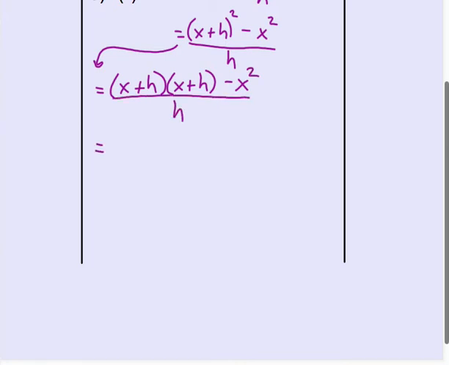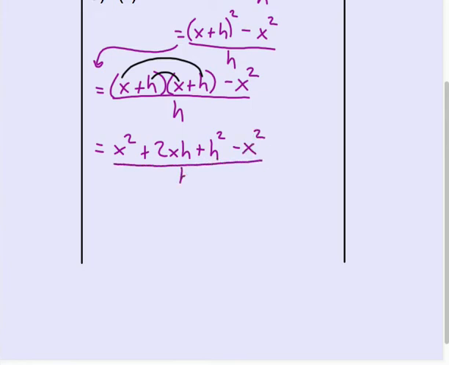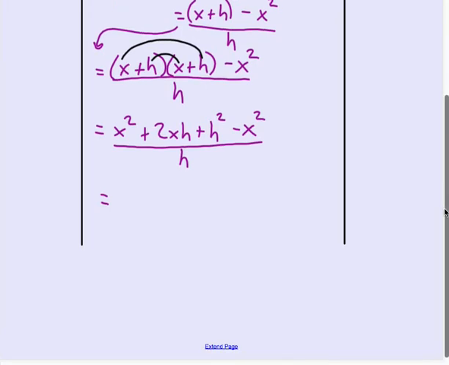Then I'm going to FOIL out those two binomials. x times x gives me x squared, and right here, x times h and h times x will give me 2xh, plus the h times h will give me h squared, minus the x squared, all over h. Simplifying, I've got like terms: x squared minus x squared cancel, leaving me with 2xh plus h squared all over